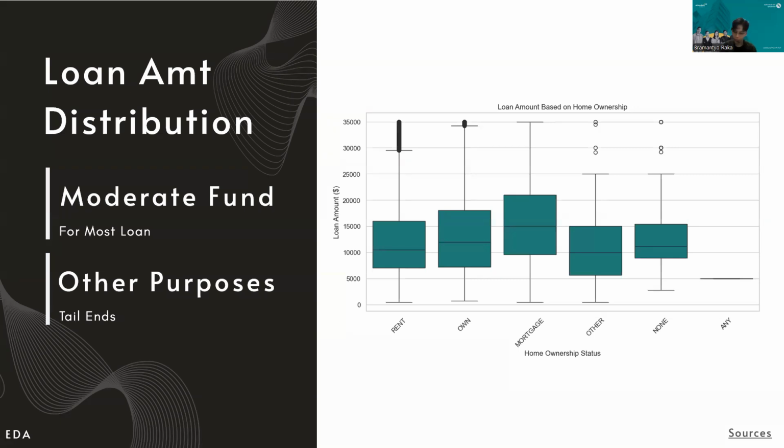Now, here we have the distribution of loan amounts. It might reveal a lot of insight, but in this case, it reveals that most borrowers seek moderate funding, likely for personal loans or debt consolidation. However, the tail of larger loans suggests some borrowers are also using the platform for significant investments or possibly